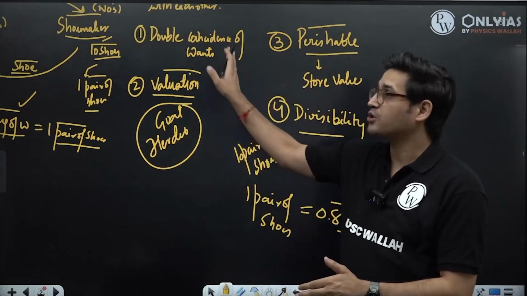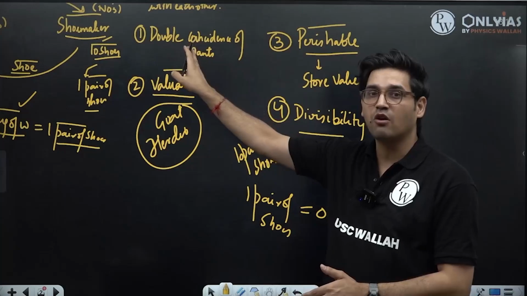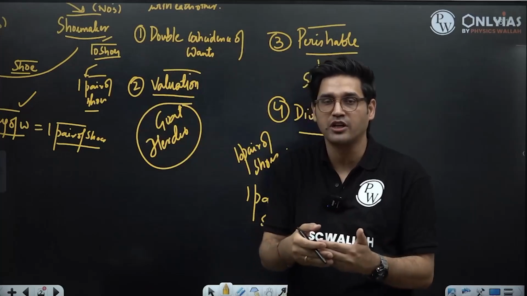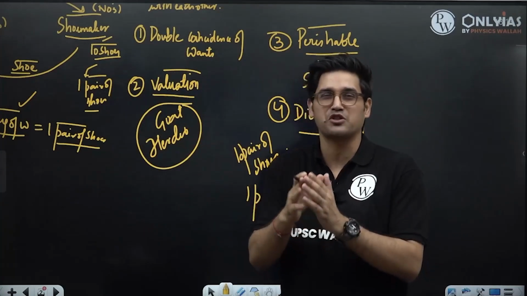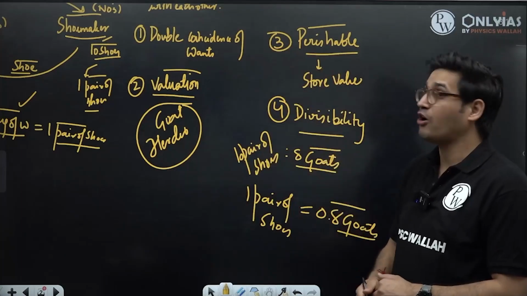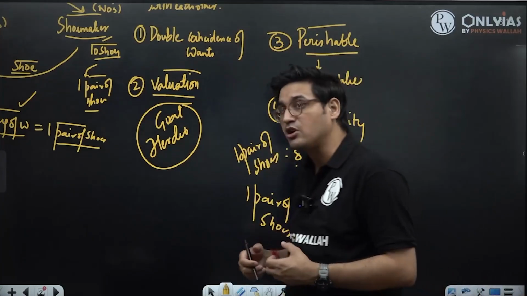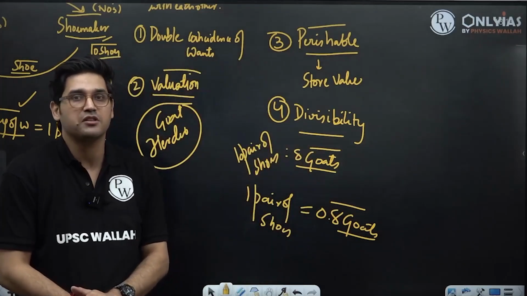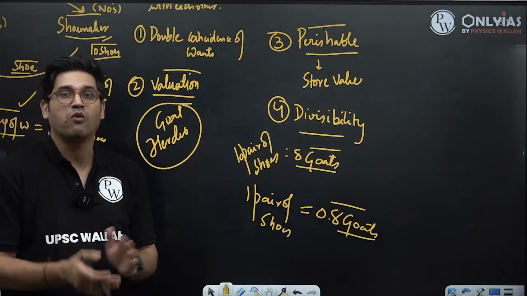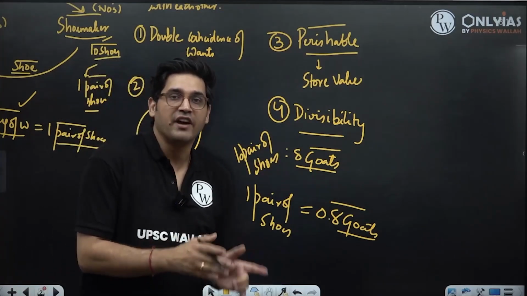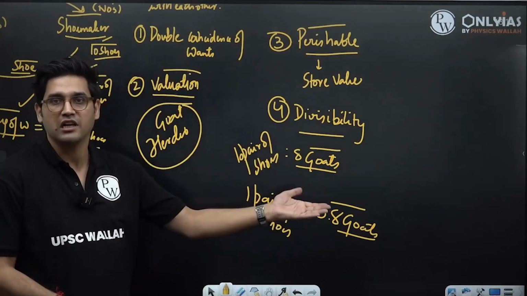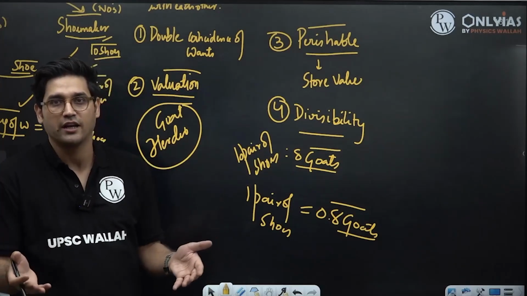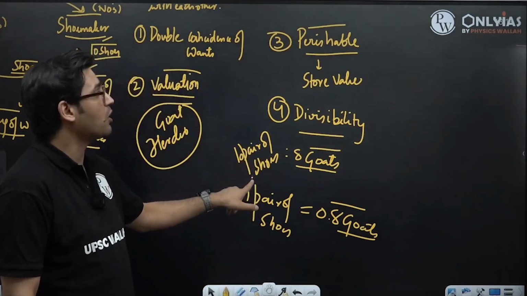These were the problems of the barter system. Double coincidence of wants, the problems of valuation, which is to say the problems of expressing the value of one commodity in the form of many commodities, having to remember so many exchange rates. The third is the problem of perishability. Some items will not be able to hold value for me for very, very long. And then the last problem was that of divisibility. Some items are just not divisible, or if they are divisible, once divided, they will not be of the same value as when they were not divided. For example, living items, goats. Half a goat is not the same as 1 full goat.